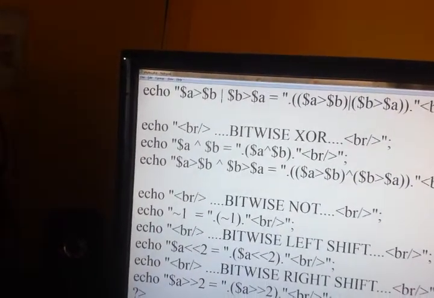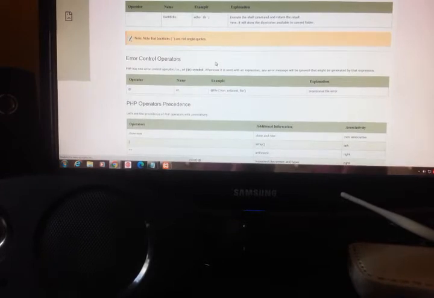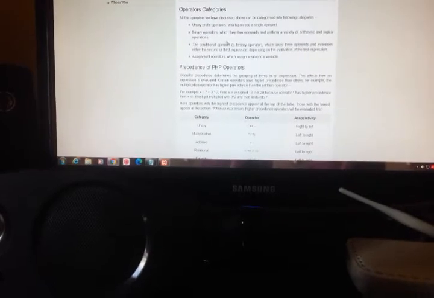Next we move on to another operator, the conditional operator.